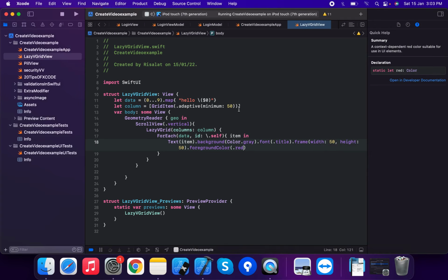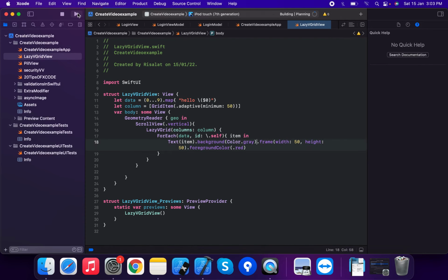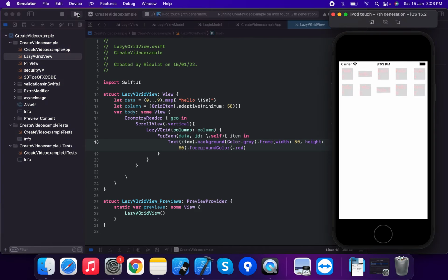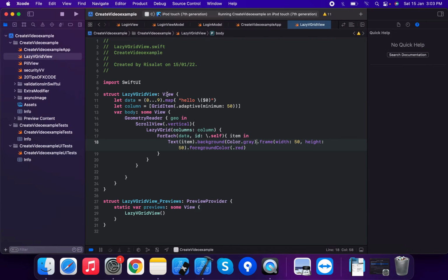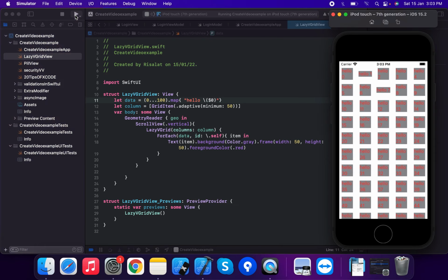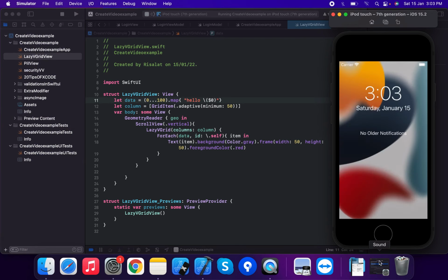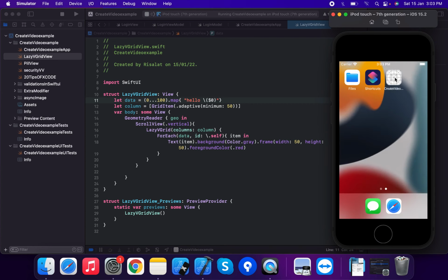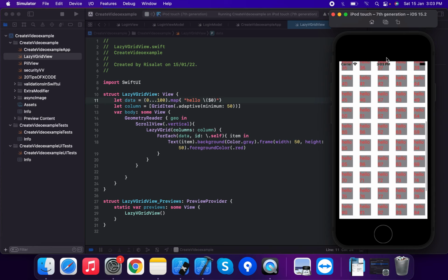Suppose we don't apply the title font. Now we're going to run this application. So this creates a vertical grid. Now we're going to create 100 items in the grid, run this application and check the grid. A container view that arranges its child views in a grid that grows vertically, creating items only if needed. In the grid, each item has the same size, height and width, using content.